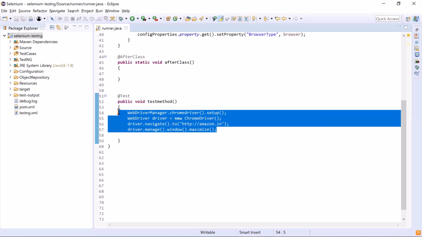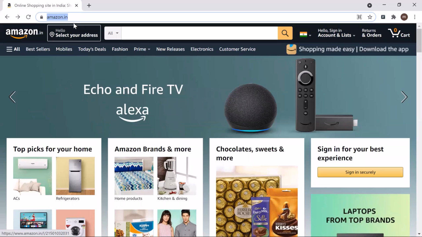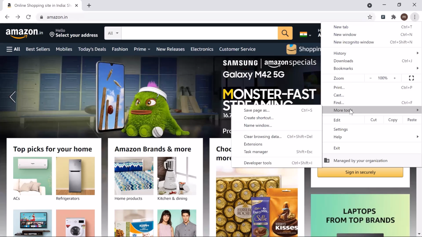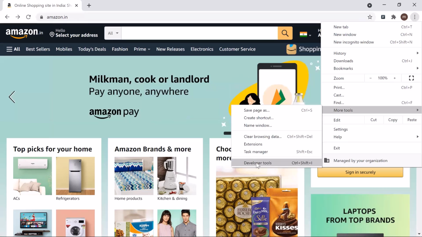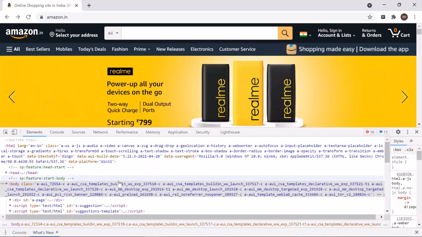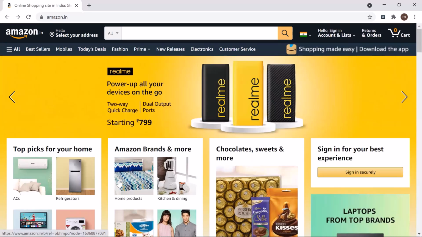Now, this piece of code will bring us to this web page. And now I want to click on this web element. And for the click operation, first I need to find the XPath for this web element. To create the XPath of an object, I'm going to use the developer tool in the Chrome browser. You can use other tools as well, like Firebug. To use the developer tool, you can go to the more tools option and then select the developer tools option. Or you can also press F12 as a shortcut key for the same.